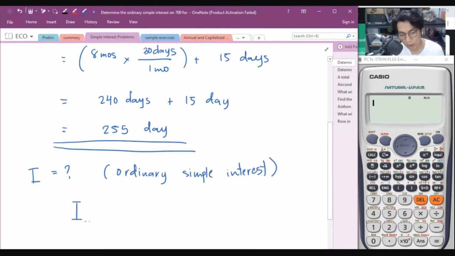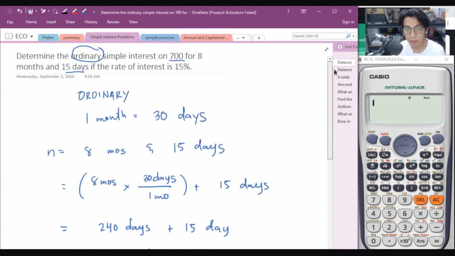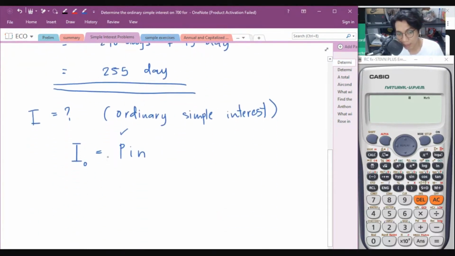Ordinary simple interest, write I-O, ordinary. That is equal to P-I-N. We have a given principal, which is 700 pesos. And then your N is here, and then the rate of interest, I. So, we will find the value of interest I-O, for ordinary, that is 700 pesos